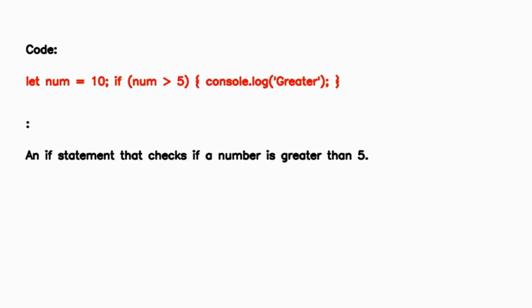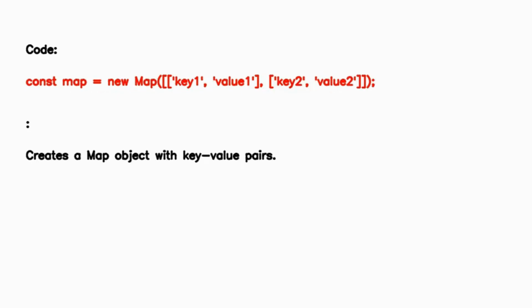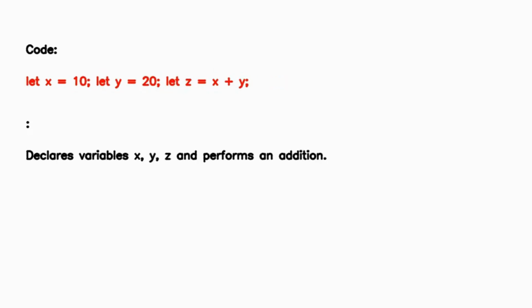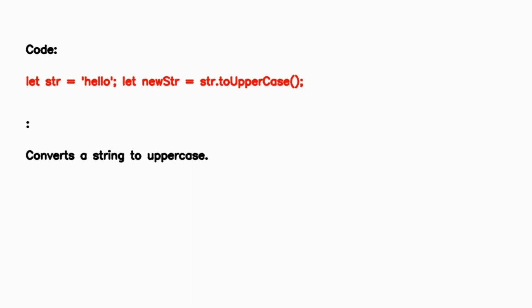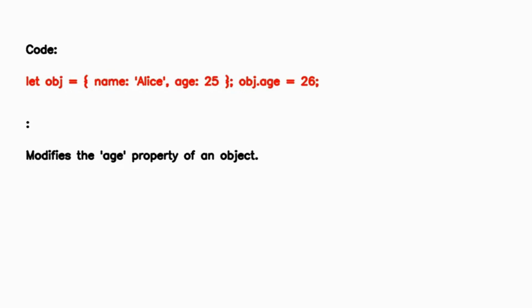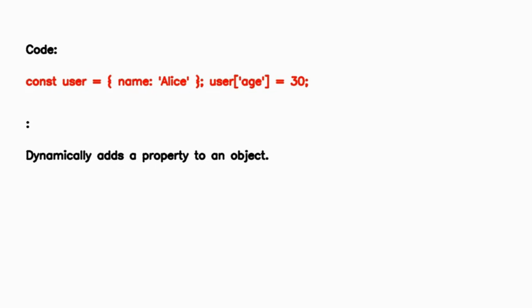statement that checks if a number is greater than 5, creates a map object with key value pairs, extracts the first element of the array using destructuring, declares variables x, y, z and performs an addition, converts a string to uppercase, a simple function that returns hello world, modifies the age property of an object, dynamically adds a property to